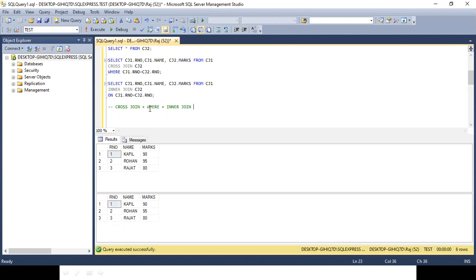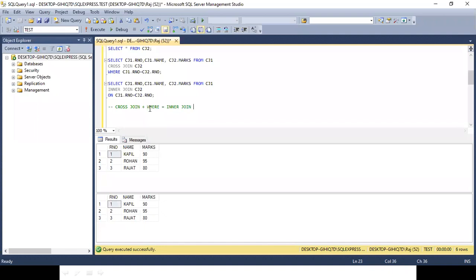So you might encounter this question in your interview based on SQL. If anybody asks what the relationship is between a cross and the inner join, you simply need to say cross join plus where clause is equal to inner join.